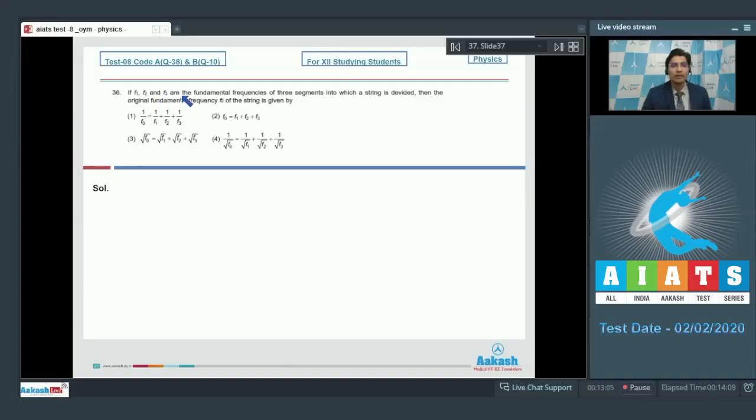Question 36 says if F1, F2 and F3 are fundamental frequencies of three segments into which a string is divided, then the original fundamental frequency F0 of this string is given by. Dear students,